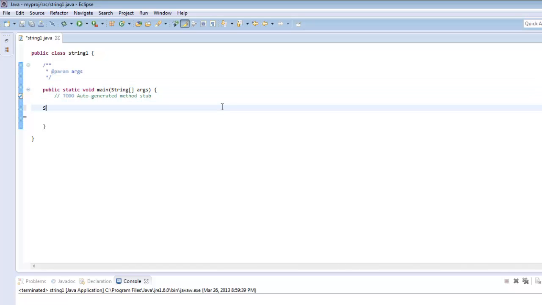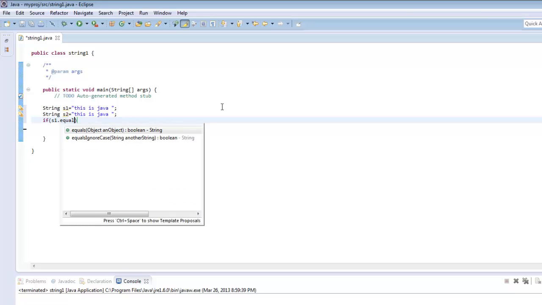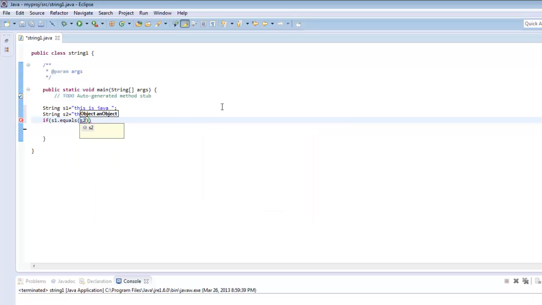So we'll try to clear things up through this lecture. I'll declare two strings, let us say String s1, and another string s2. Now we have two strings, and the contents of both strings are the same. To check the equality of strings content-wise, we have a method called equals. So I'll say if s1.equals(s2)